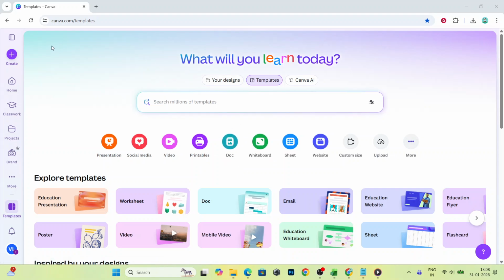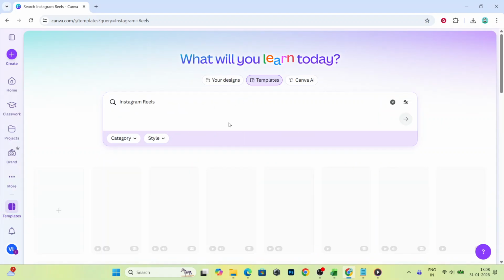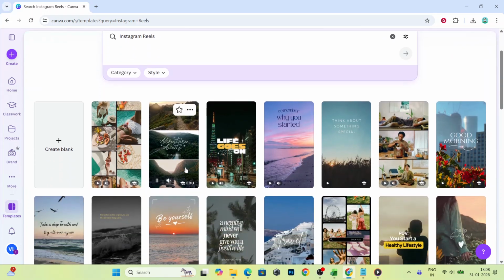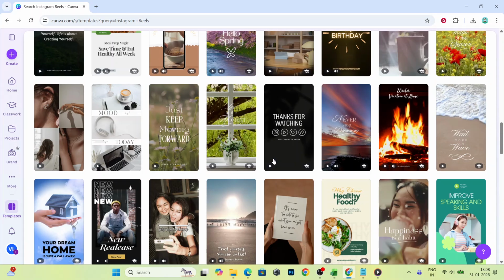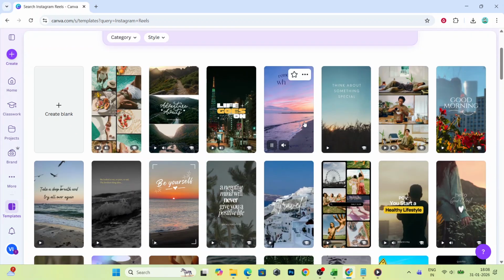First, open Canva and search for Instagram Reels. This pulls up thousands of vertical templates already sized to 1080 by 1920 pixels, which is the standard 9:16 AM format Instagram expects. Choose a template that matches your vibe, or start with a blank design if you want full